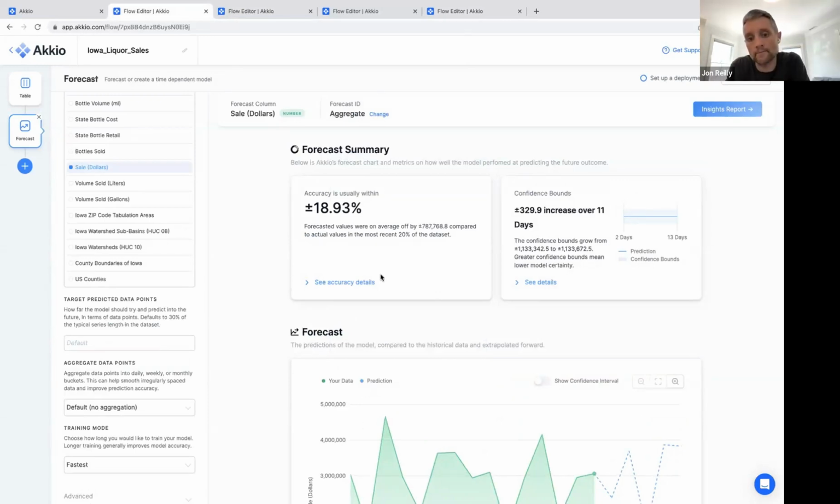So the question here is the model sometimes generates obvious results. Higher prices lead to higher revenue. Well, yeah, that's true. And the model's trying to surface the highest impact relationships. So it's pretty frequently the case that if you know your business, you know what the high order impacts are. So if you're interested in the relationship with lower order impacts, then the way to do that is to ignore. In this example, it says higher prices lead to higher revenue. If you ignore prices and then do the revenue model, it'll look at the other variables that are meaningful and tell you what they are and the ways in which they contribute.